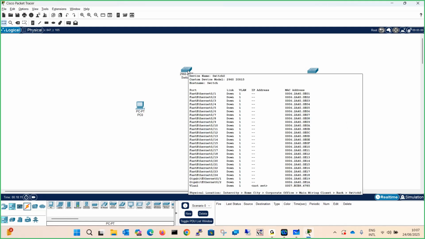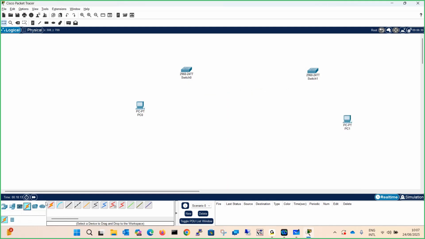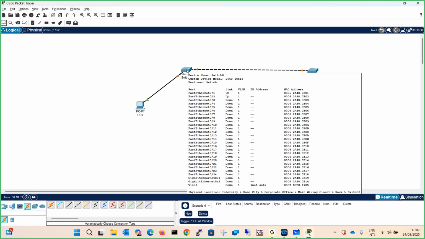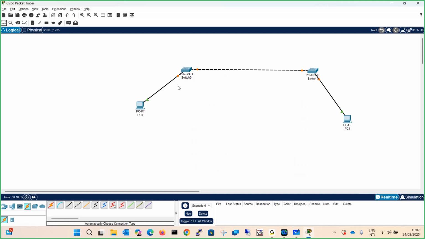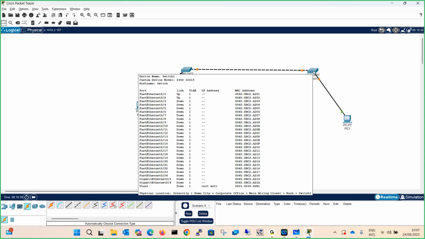I will be connecting this using a cable. Just for our understanding, consider this switch, switch 0, which has 24 Fast Ethernet ports, and this switch also has 24 Fast Ethernet ports.